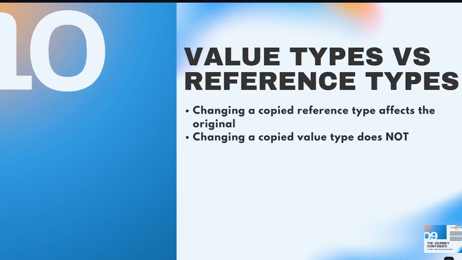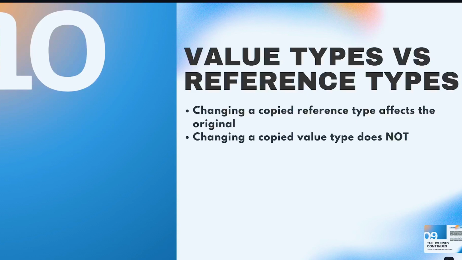When you write int x equals 5, the number 5 is stored directly in the variable x on the stack. Past x, it is automatically cleaned up. When you write user equals new User, the actual user object is stored on the heap. The variable user only stores the address, the reference, of where that object lives in the heap. When you copy a value type, you get an independent copy. So you can see on the screen we have int a equals 10, and now we have int b equals a. B gets its own copy of a, which is 10, and b equals 20. So a is still 10. Changing b did not affect a because we assigned a new value to b.